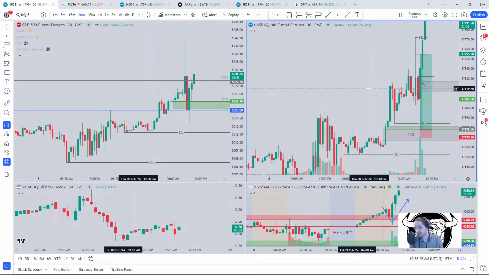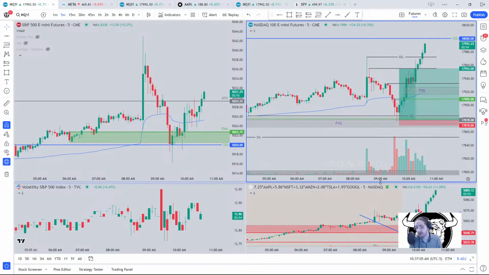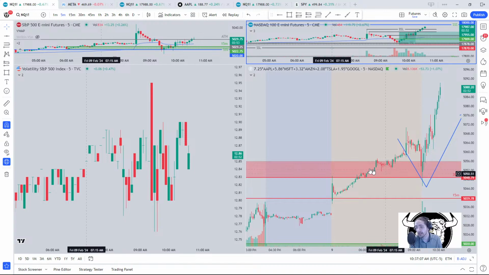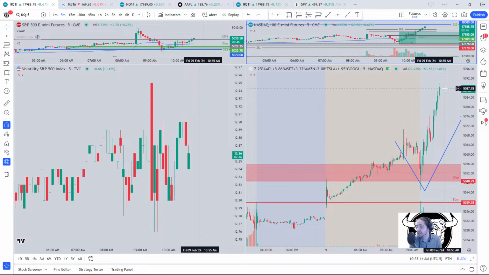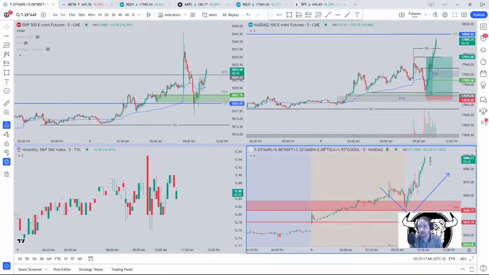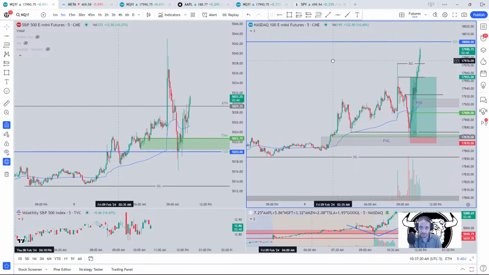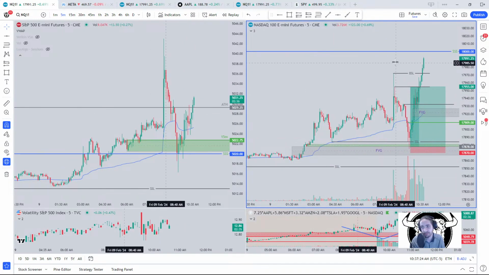So that was confirmation 3, and then confirmation 4 was not on the NASDAQ chart itself. Confirmation 4 was the weighted indice down here gapped above this supply zone. Whenever I have a gap or a move above supply that day, I use that supply as demand. And what did we get? We got exactly that. And that was the 4 confirmations. And I guess fifth confirmation, trend being our friend, bulls have been super strong.